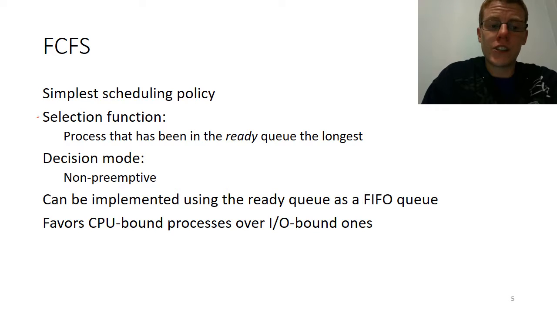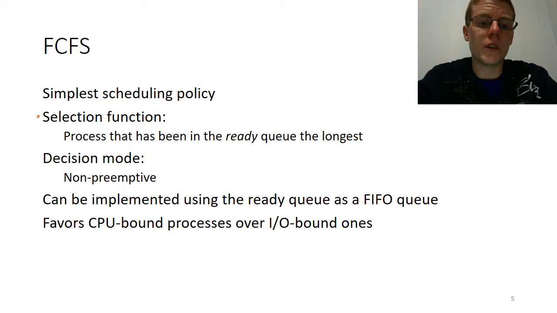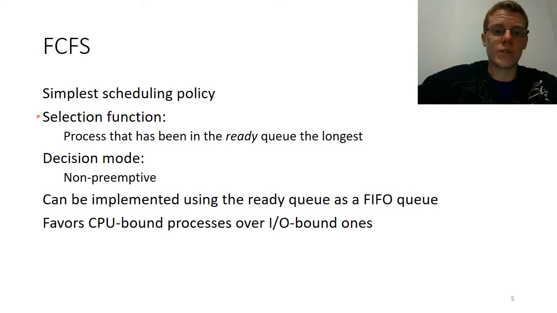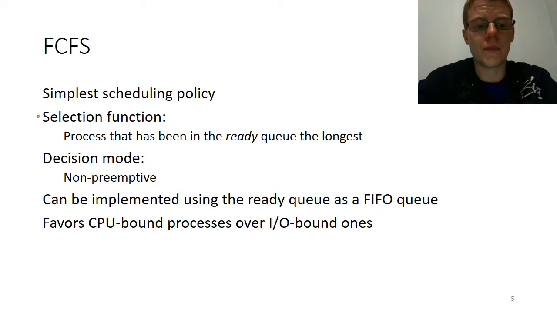The selection function for first come first serve is simply whichever process has been in the ready queue the longest. So whichever process it's been the longest since we popped it in the ready queue, that's the one that we run next. The decision mode is non-preemptive, so it doesn't do anything clever to try and interrupt currently running processes. Simply, when we have to find a new process to run because either the current process has finished or the current process has blocked itself with, say, an IO call,